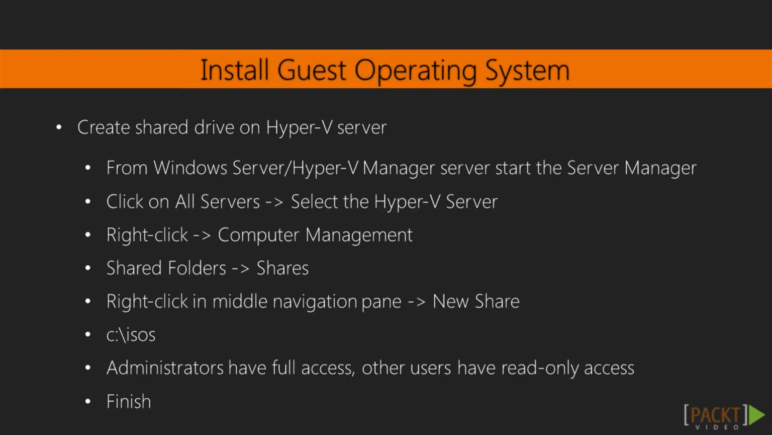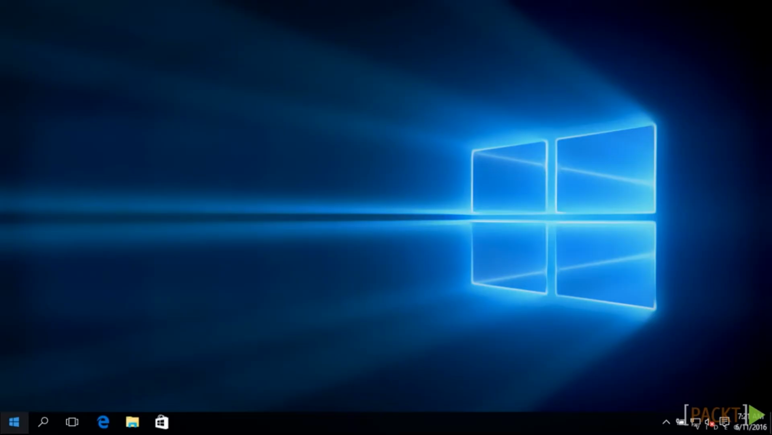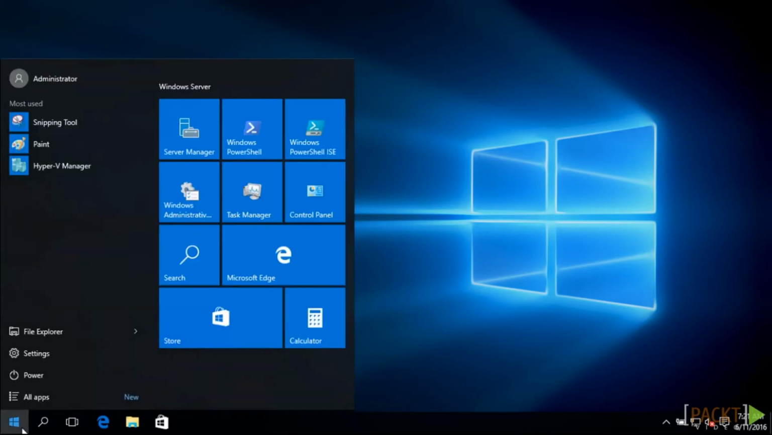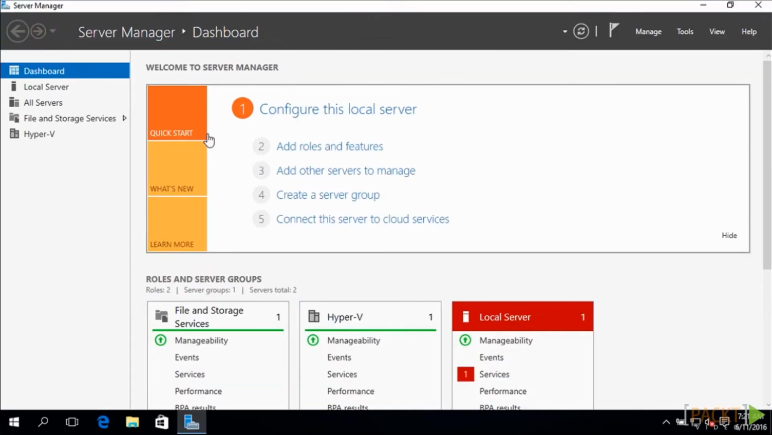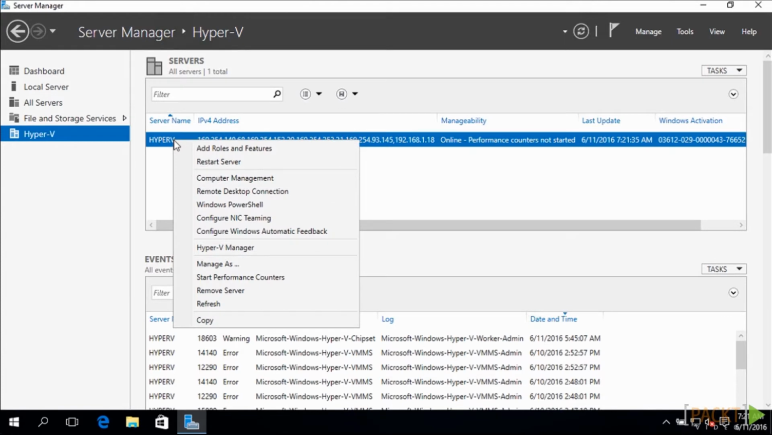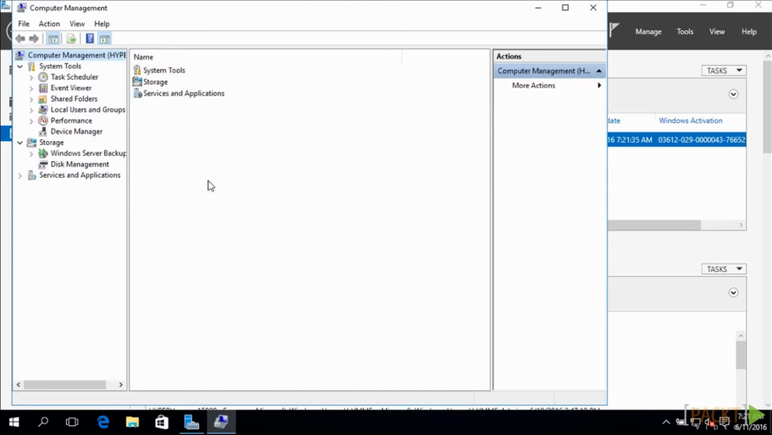Before we install the guest operating system, we need to copy the guest operating system installation image up to the Hyper-V server. And before we do that, we need to create a shared drive on the Hyper-V server to copy it to. From the Windows server, we'll click on Start, select Server Manager, then we'll select Hyper-V, right-click on Hyper-V, select Computer Management, Shared Folders and Shares, and we'll do a right-click in the middle pane